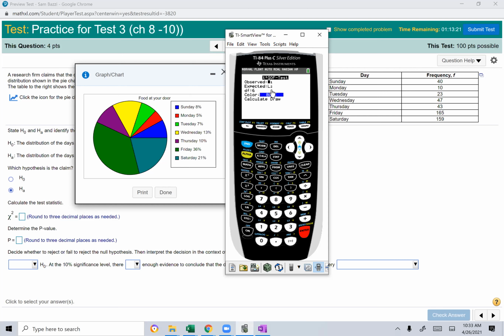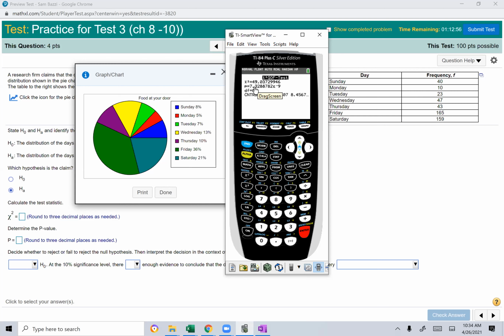Observed values are L1, expected values are L2, degrees of freedom is the number of categories minus 1. So 1, 2, 3, 4, 5, 6, 7 minus 1 is 6. That's by accident here is 6. So the calculator doesn't know. You have to put it there and hit calculate. And chi-square, guys, rounded to 3 decimal places, will be